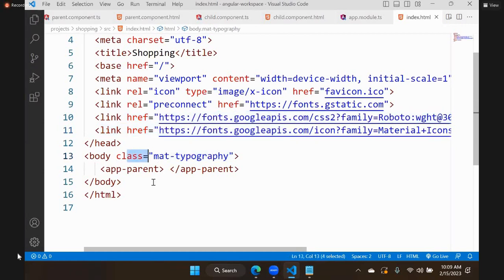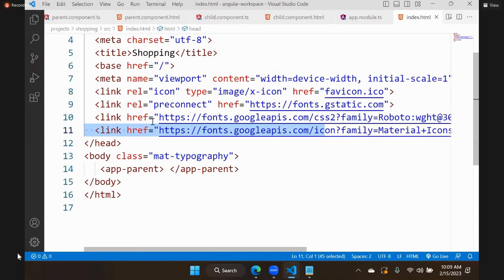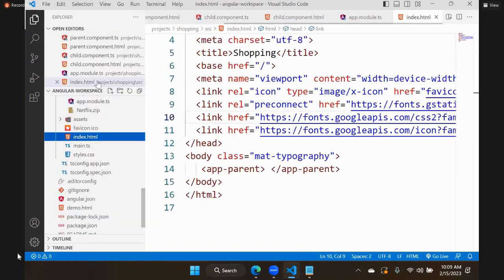Matte is nothing but material. It is material typography, which is related to fonts, and it is using Google fonts called Roboto. And it is using some material icons. These changes happened in index. Okay, let's see what happened in